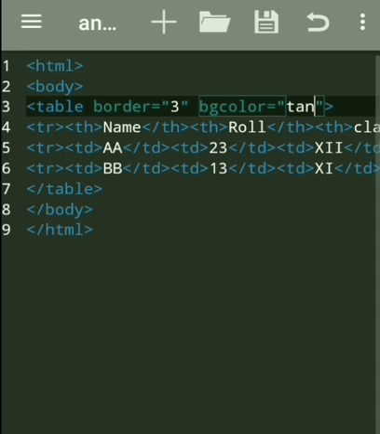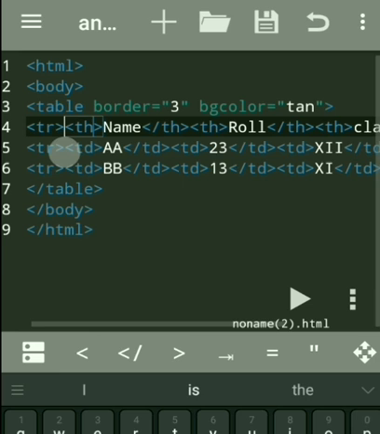Now, if we want to format the data element in the table, we have to use the font tag. If you want to change the font color, font size, or font face in the table, we all know that the font tag is used to change the text formatting. But here is one point: at the starting of the text we have to write the opening font tag, and at the ending of the text we have to write the closing font tag to give the effect of the font. But here we have to give the font tag for every data element separately, mind it.